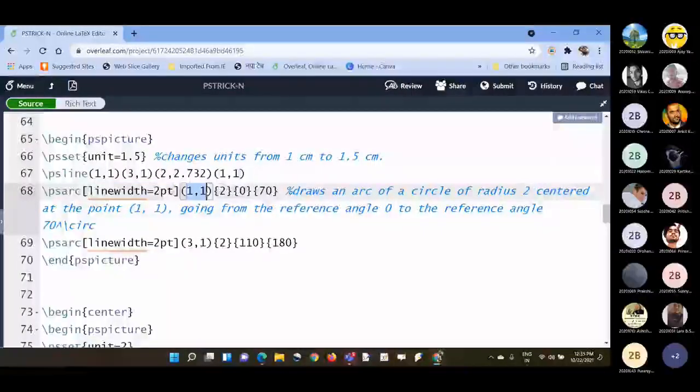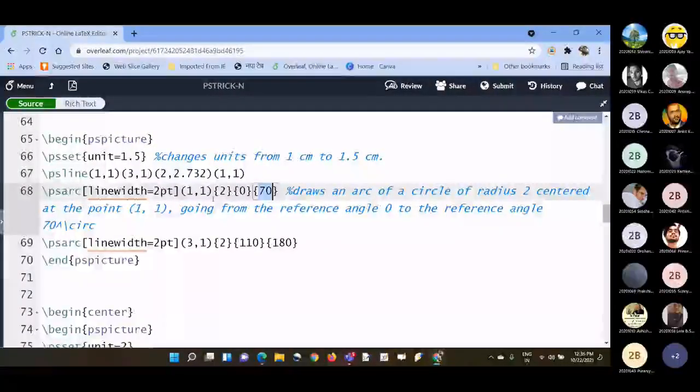And then this is the center, because an arc is a part of some circle. So this is the center of that circle, this is the radius of that circle, and this is the angle from which it starts, and at this it ends. So 0 to 70.